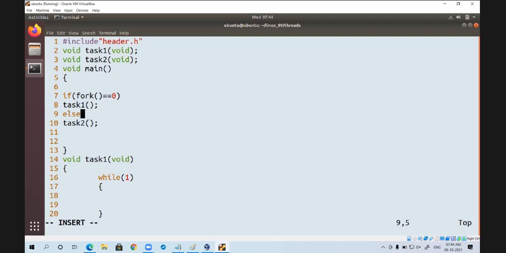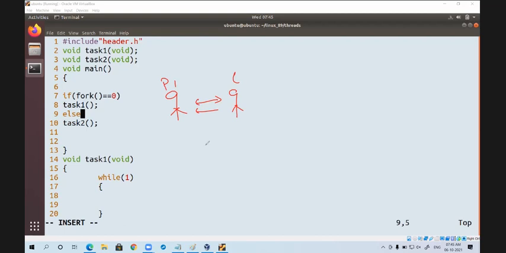So to run these two tasks concurrently, we created two processes, parent and child.